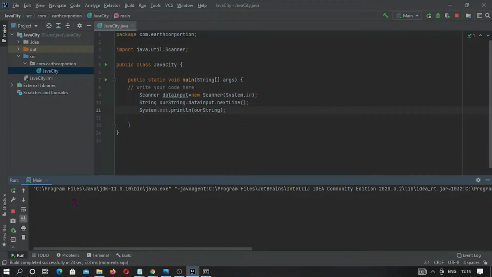So what do we want to print out? Hello world. Okay, this is the input we are giving. Now you can see the output is coming, and this exit code is 0. It means it has been compiled and executed without error. So our whole exercise has been completed so far.